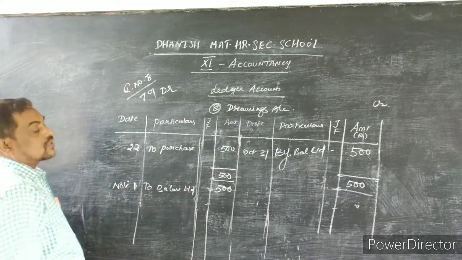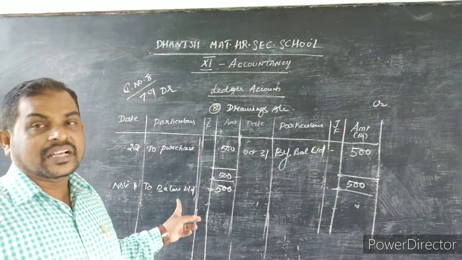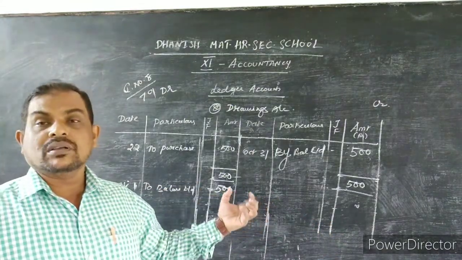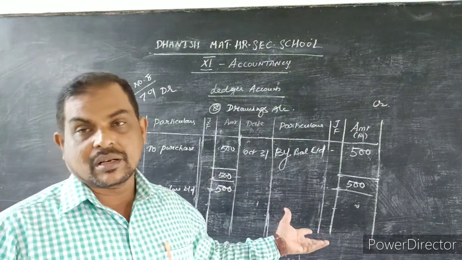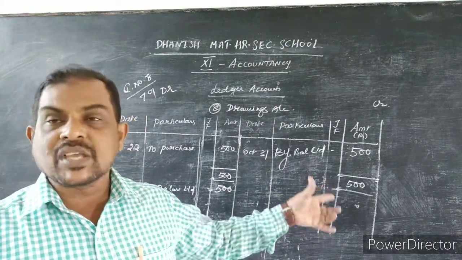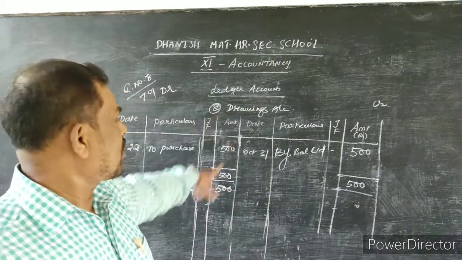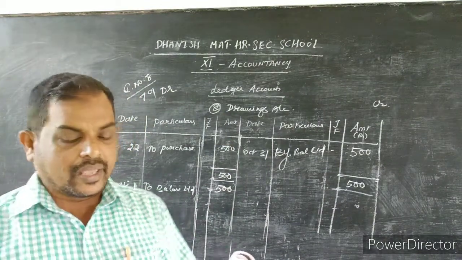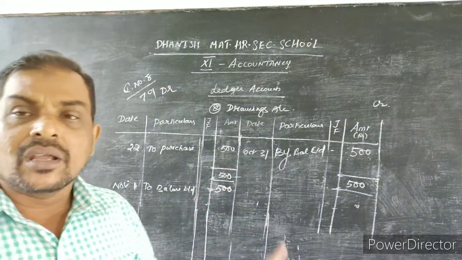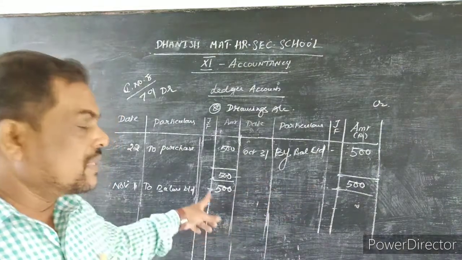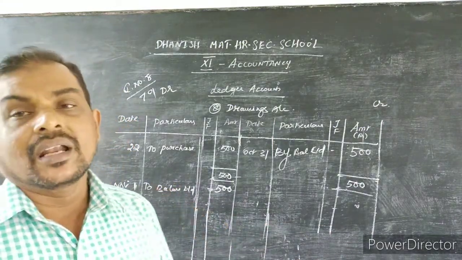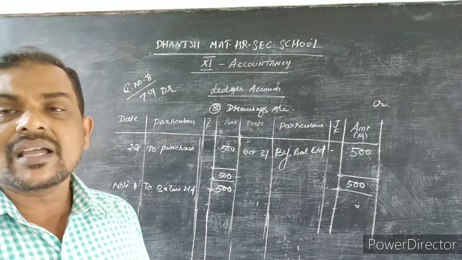Wherever the opening balance comes, that is the correct answer for the given sum. You can check your textbook. The opening balances will be given, not the closing balances. Only the opening balance, where DR means debit side and CR means credit side. You can check your answers. For the last drawings account, the textbook gives it on the debit side because the opening balance will come on the debit side. So check your answer against the opening balance only, not the closing balance. Here you can check all the ledger account balances as the answers given in the textbook.